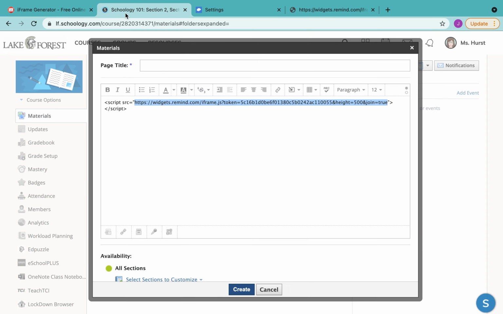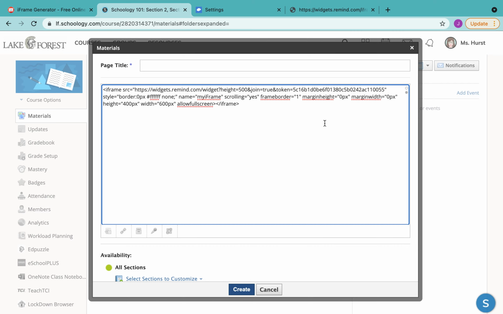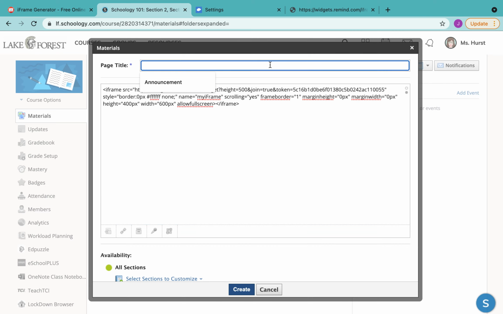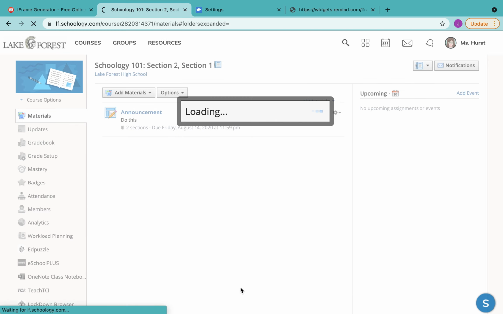After I've copied that, I'm going to go right back to that page I opened that I used to get that code from. Switch it over to HTML. Paste in this iframe code and call it my Remind. Finally, I'm going to hit display on new page,